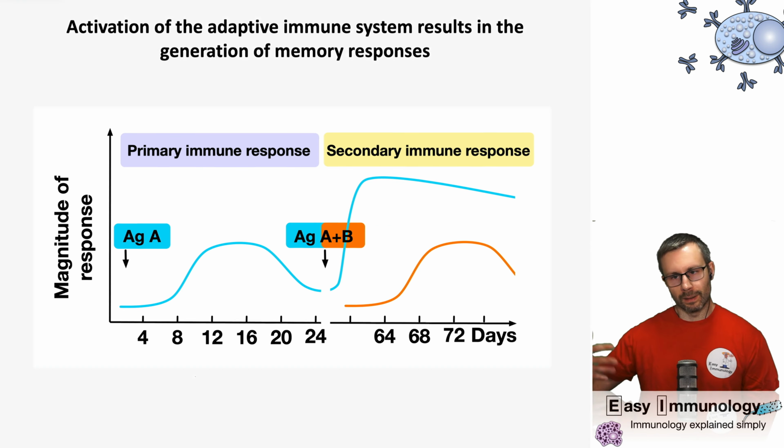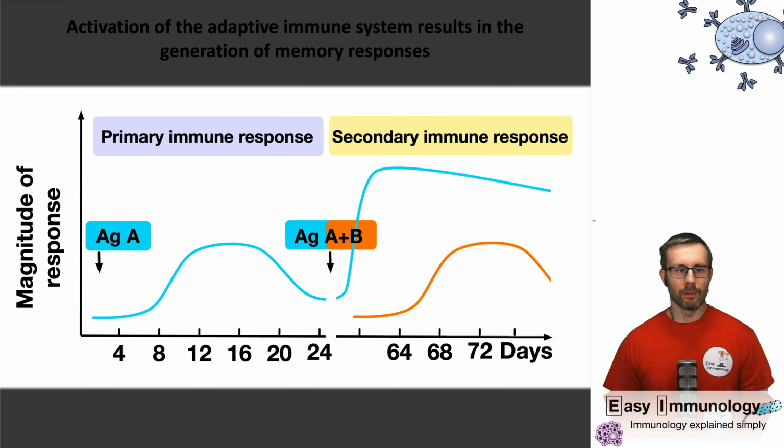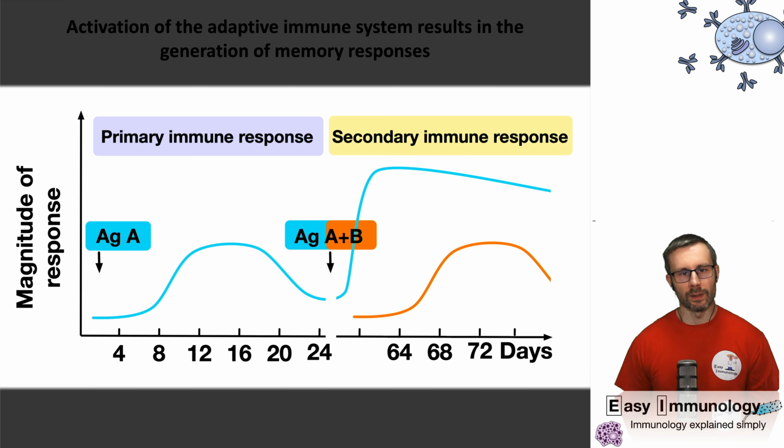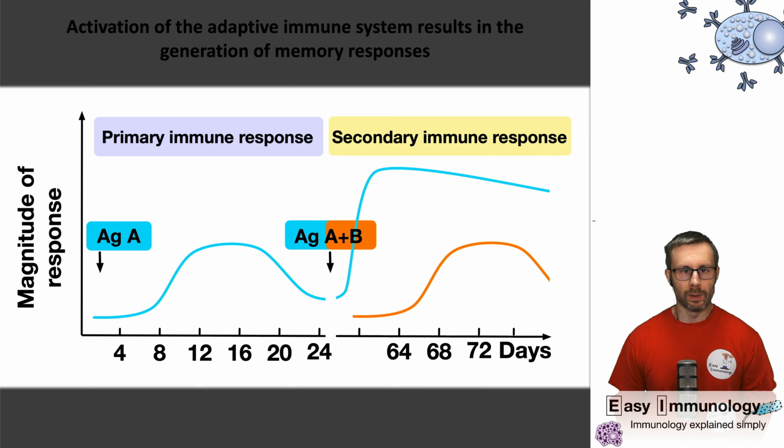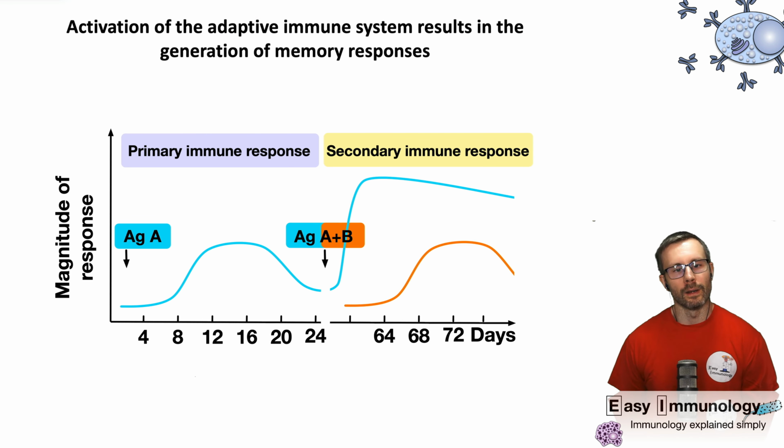And if you are then again confronted with the same pathogen, the same antigen, that's the blue one, you make the secondary immune response, which is much higher, much faster, much longer lasting. But if you are in contact with a different antigen, antigen B, that's the orange one, you make again a primary immune response. So this is very elegant and allows us to live a life where we don't have infections